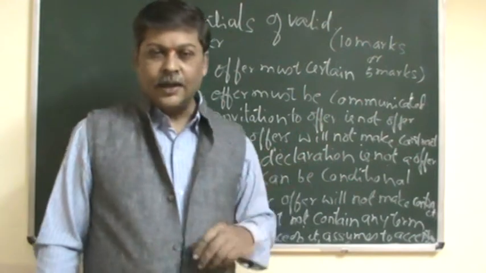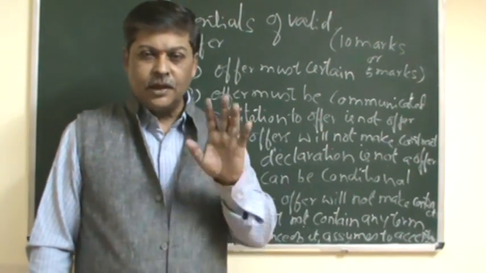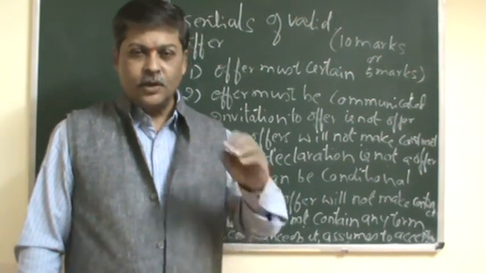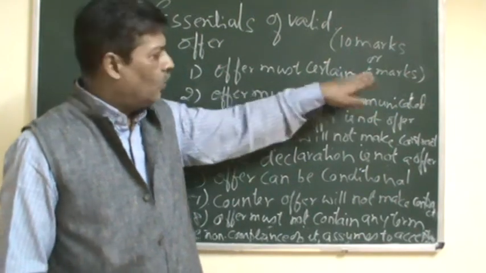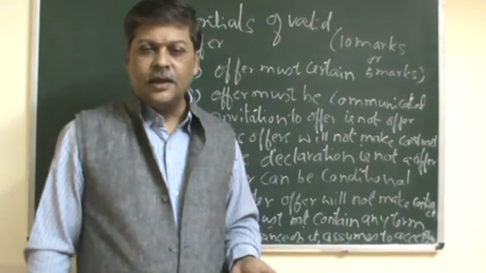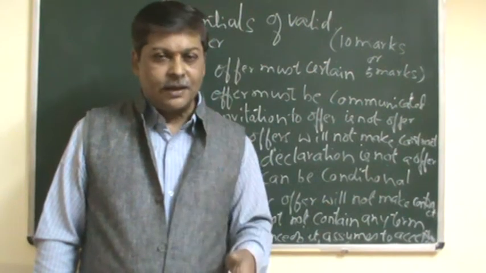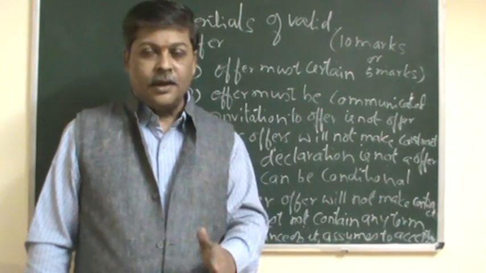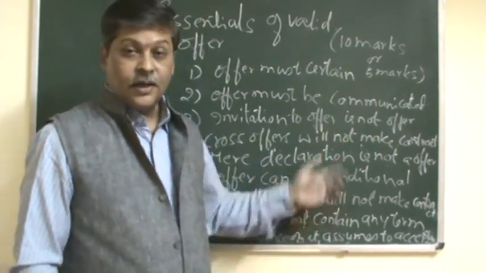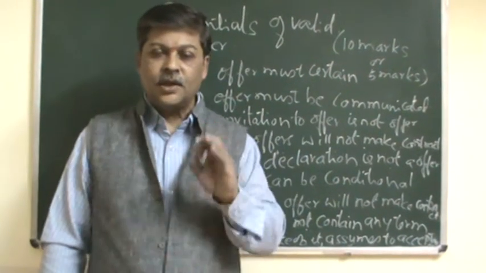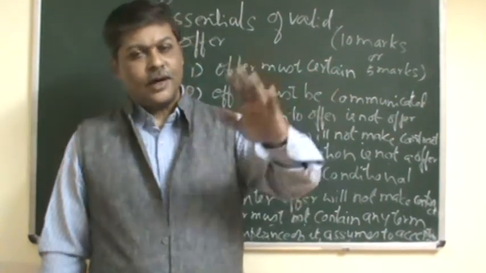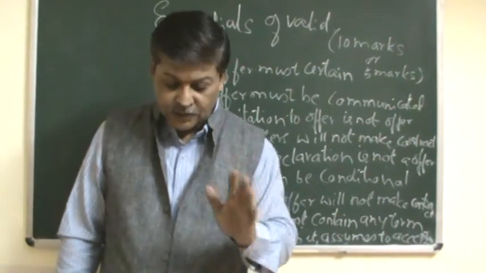In the examination, if they ask you directly for the legal rules, you need not write the definition. Usually when they ask for 5 marks, it will be only the essentials of a valid offer. So you just go on explaining these 8 important points and the examples for them, which will make your answer carry more weightage. You can score more. So 5 marks is only this. Define offer and state the essentials is for 10 marks. So you have to give the meaning of the offer and then write the answer. Keep this in your mind, students.